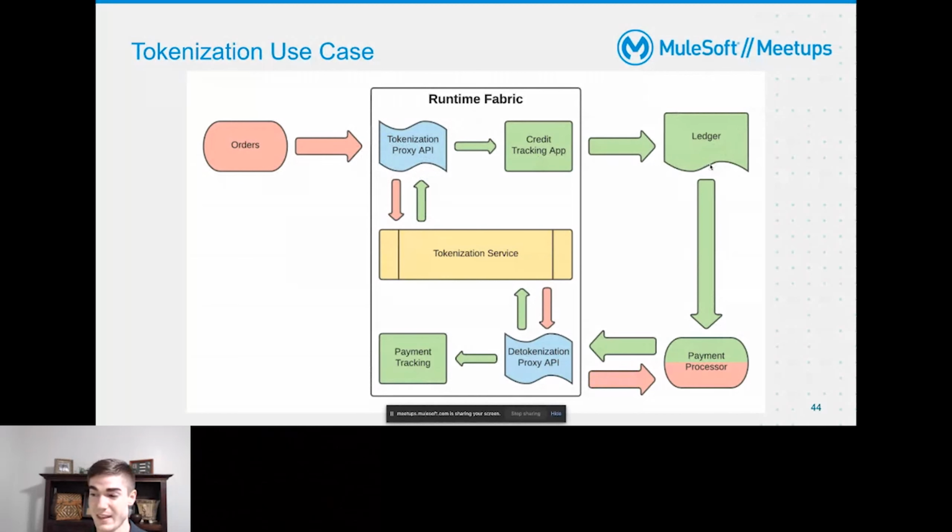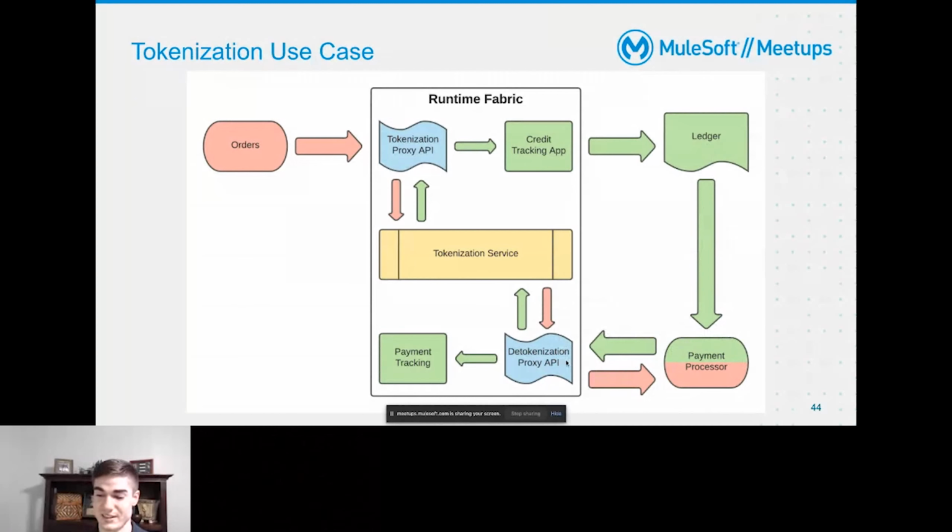And then for the use case here, let's say that our model is that we accept charges all month long, and then at a certain frequency or at a certain dollar amount, we want to actually execute the sum of charges on that card. And so you can expose your ledger to your payment processor. And let's say they are the only ones with the keys to your detokenization proxy. And so they're going to take the non-sensitive token out of the ledger and pass it to the detokenization